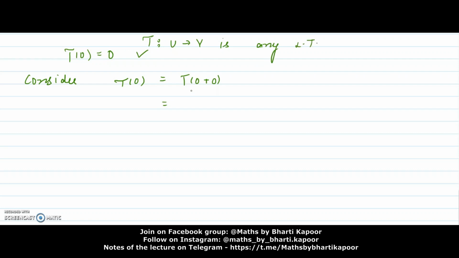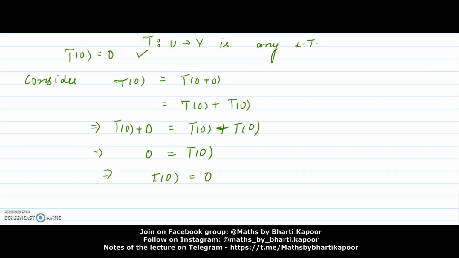So by the first property of linear transformation, T(U + V) = T(U) + T(V). So it will be equal to T(0) plus T(0). On the left hand side, instead of writing T(0), I can add the additive identity, and this is equal to T(0) plus T(0). By the left cancellation law, you will have 0 equal to T(0). So we have also proved why T(0) = 0. We will always keep in mind that for any linear transformation T, the image of 0 will always be 0.